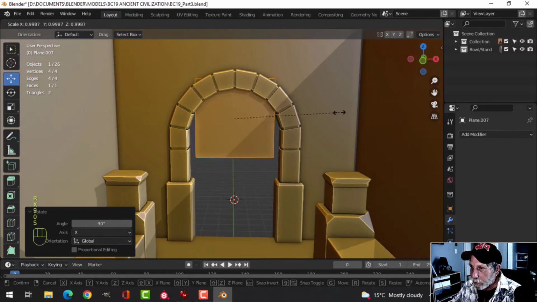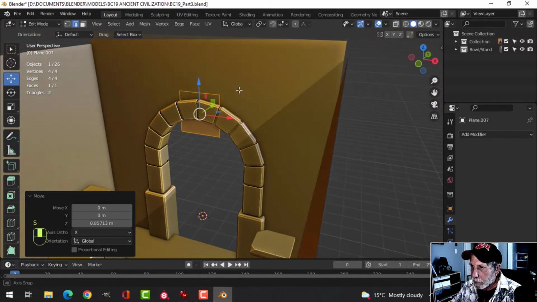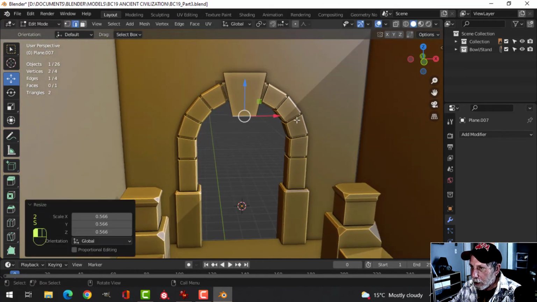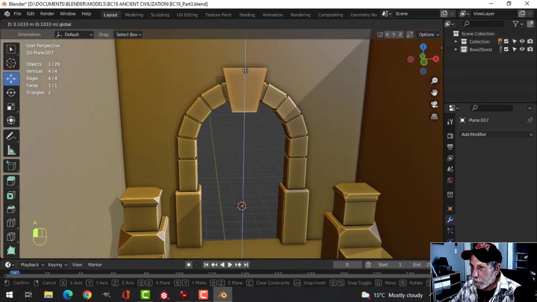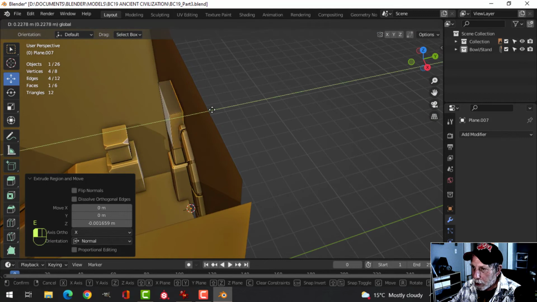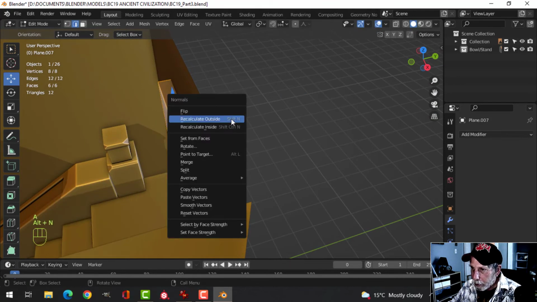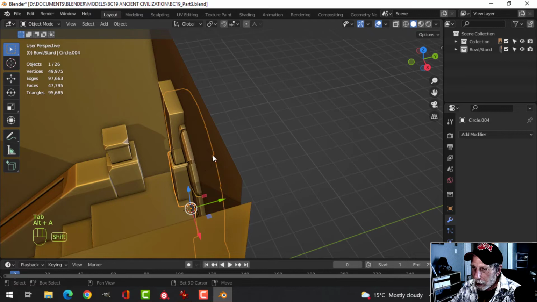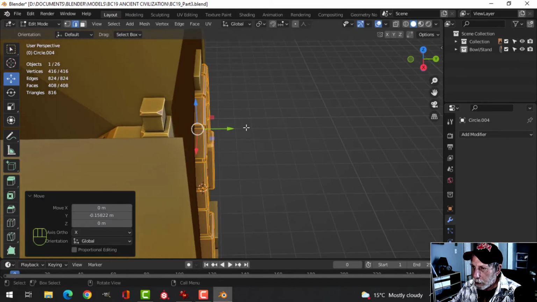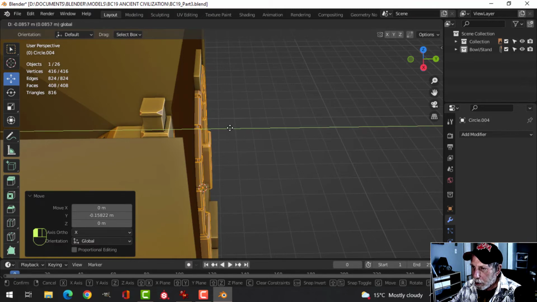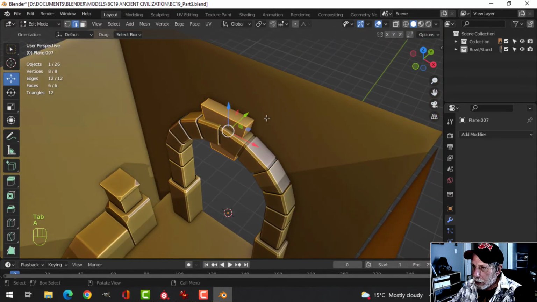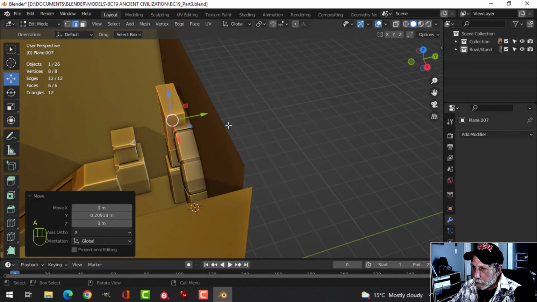Rotate X 90, scale it. Take that and scale it in. Alright, bring it out. We'll give it some thickness coming back. Recalculate outside. I may actually take this whole thing and pull it out more. Yeah, I think, or do I want the... I'm going to do that for now. I'll take this guy and